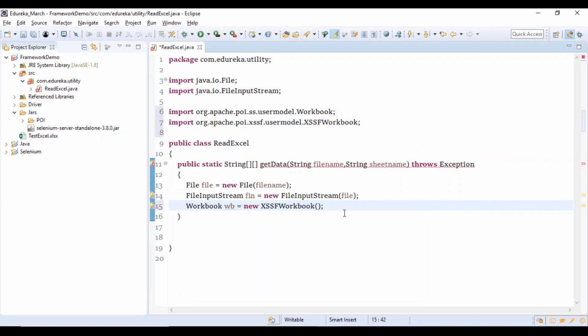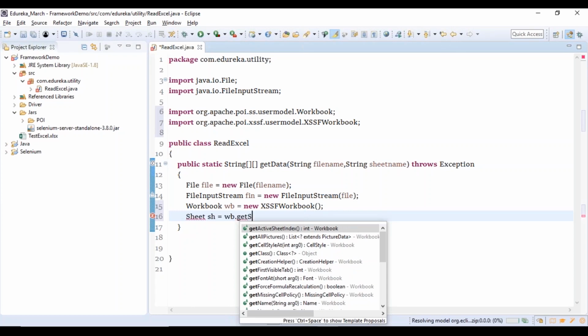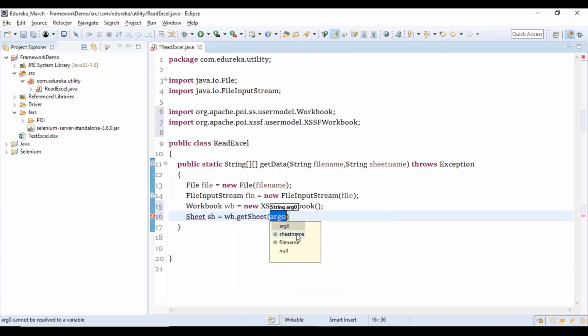Now the next thing that I'm going to do is create an object of type Sheet. Let me take this Sheet sh, is equal to, using your workbook object, you're going to use a method called getSheet, which takes an argument, and that argument is the sheet name that you're going to pass.